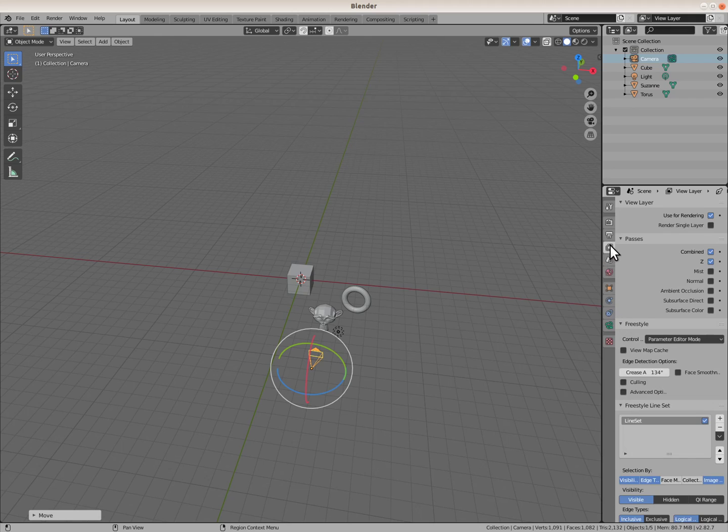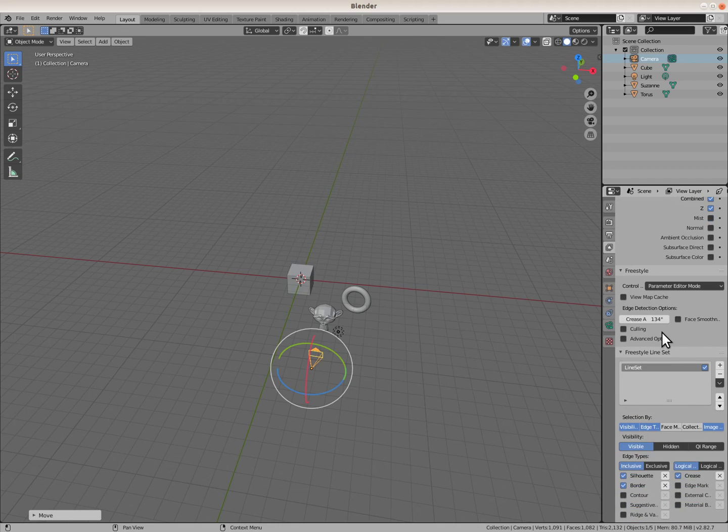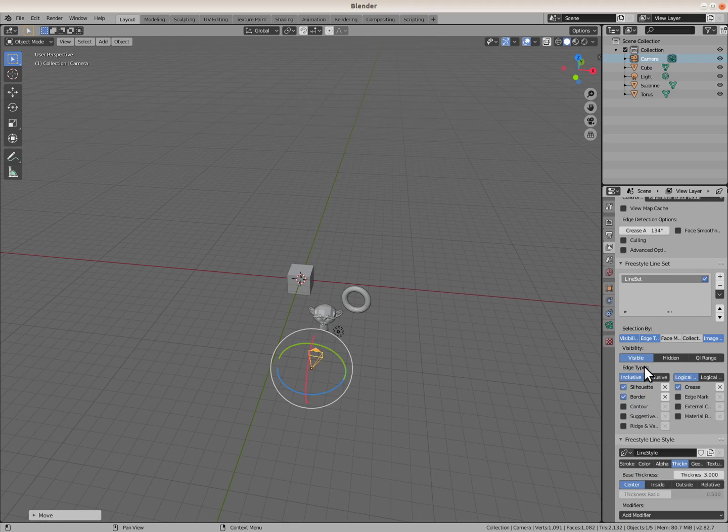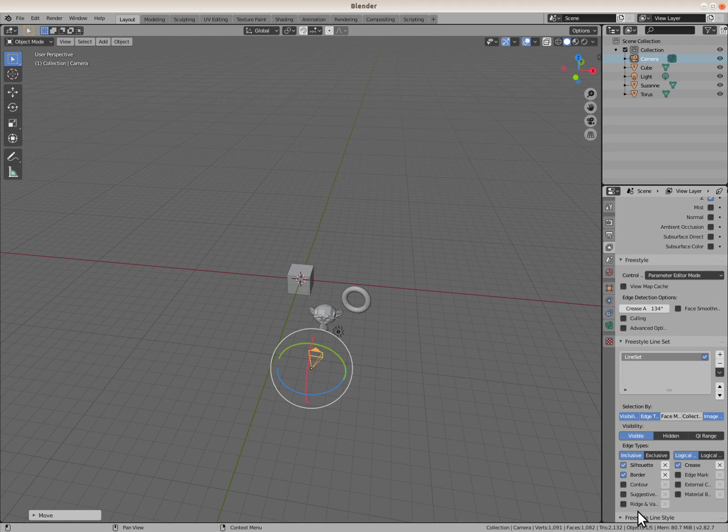It's here. This tab is called View Layer Properties, and there's an entire section for Freestyle. And you can have multiple line sets with different rules. For instance, usually I have one that just grabs the silhouette of objects and a separate one that grabs material borders. The material borders has a little shakiness to give it a more hand-drawn look, to make some rigid borders look less rigid. So if you go down to the bottom of this, usually by default this one is closed, but Freestyle